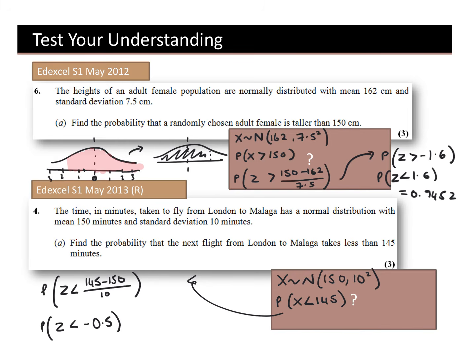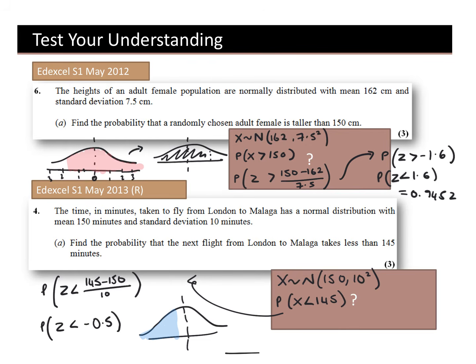Negative a half. Draw a picture. If I was to draw this picture, remember this is 0, okay? And it says less than negative a half. So we want this bit here. And we're in the negative zone. Okay. So if we're in a negative, to turn it to a positive,